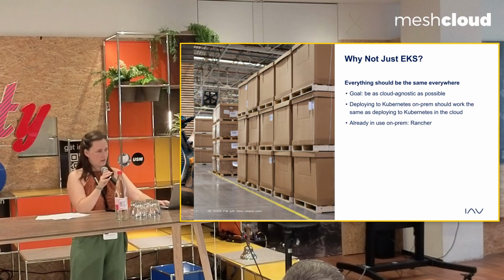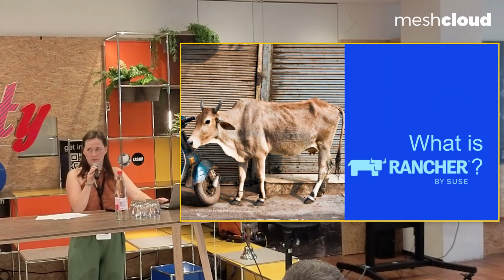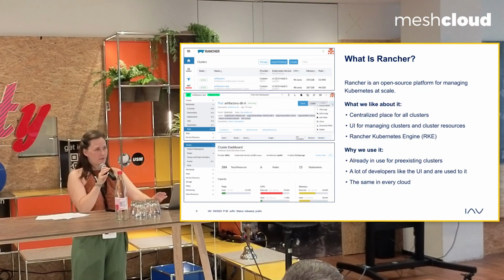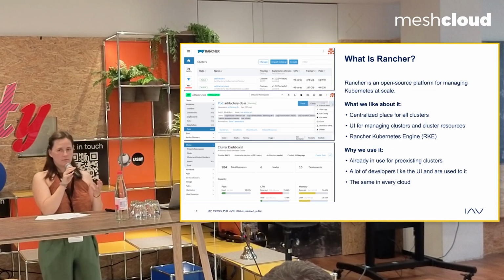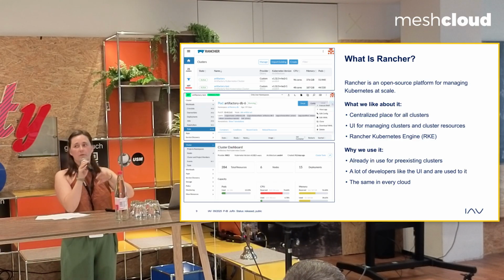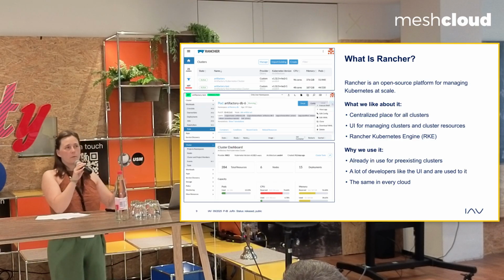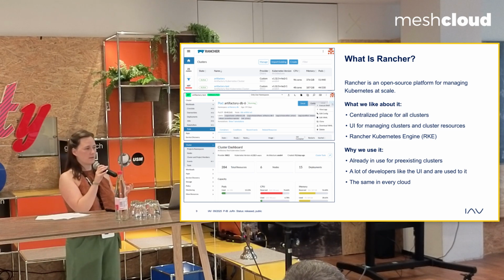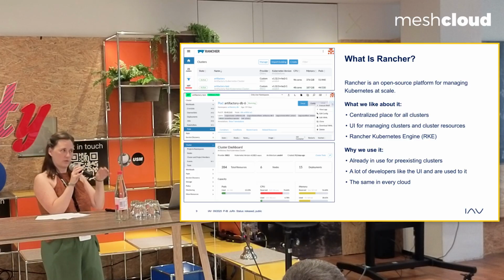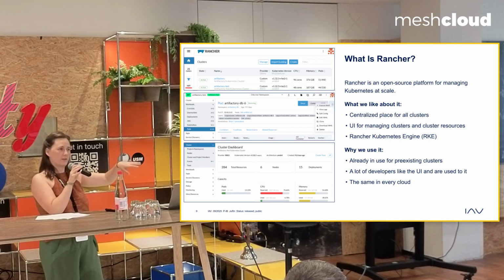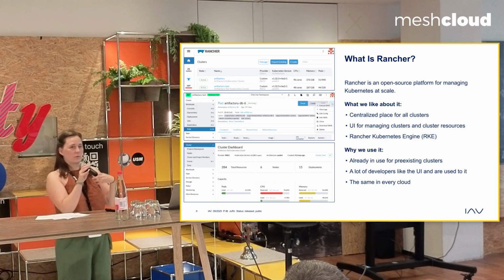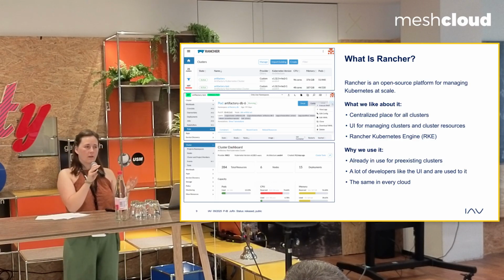But what is Rancher? What is that weird cow? Rancher is an open source platform for managing Kubernetes at scale. And they have a bunch of different features. But the ones that we like most and use most is that you have a centralized place for all clusters. So you have a central Rancher cluster that manages all other clusters that you spawn. And this central cluster also provides you with a UI where you can see